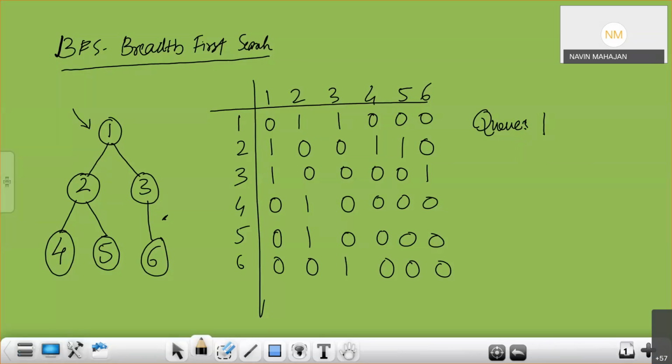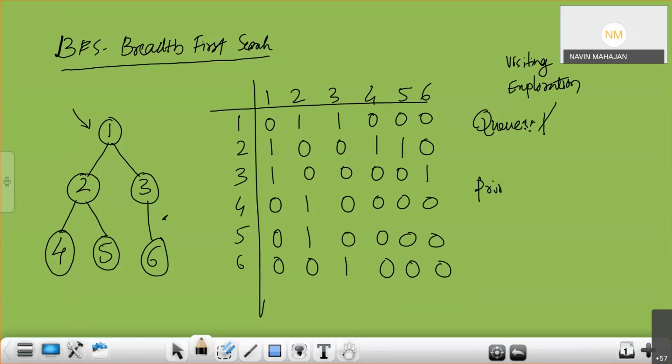Then I will explore. So visiting the vertex first, then exploring the vertex, are 2 operations. We have visited 1, the index from where you want to start. I will insert this into Q, then I will